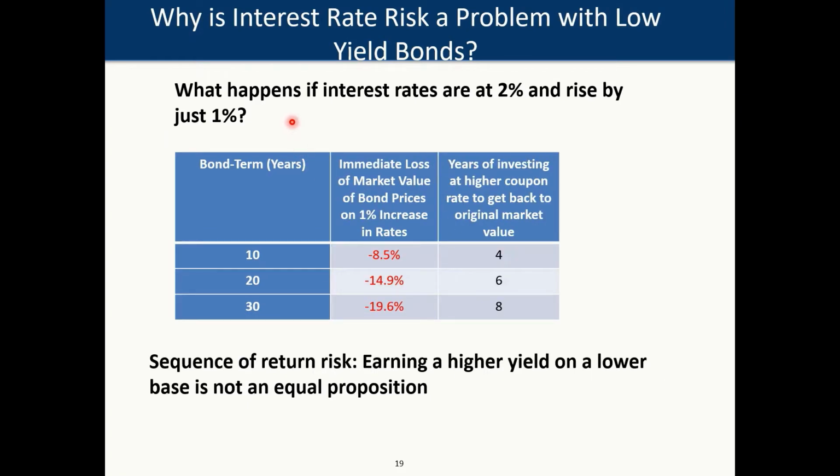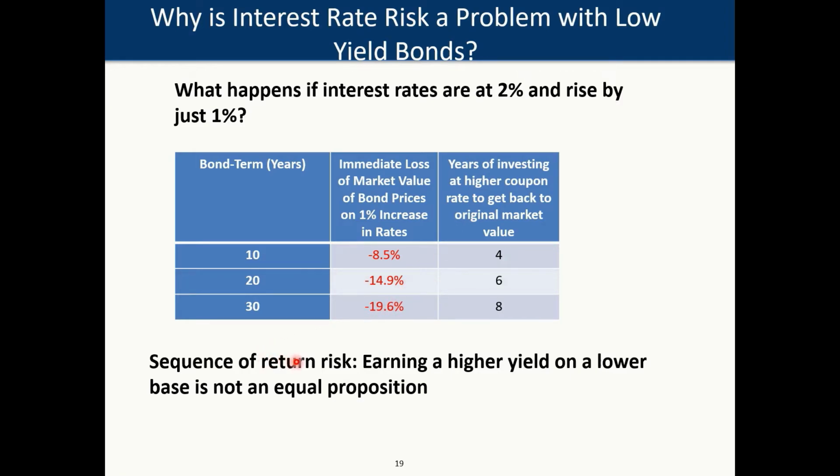So now let's say interest rates do rise. I've allocated my clients to a bond strategy, probably more shorter-term bonds. How long will it take, investing at the higher coupon rate? Because if interest rates rise from 2% to 3%, in the future they'll be getting that 3% return. So how long will it take my client to get back the 8.5% they lost initially? It'll take about 4 years if they're investing in mainly 10-year term bonds. If they're in 20-year term bonds, it'll take 6 years just to get back to their original value. If they're in 30-year bonds, it'll take 8 years to make up what they lost on day one when interest rates rose.